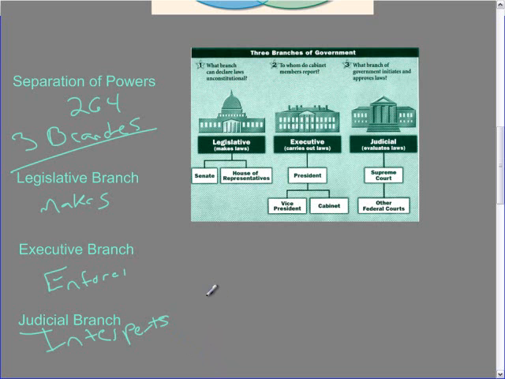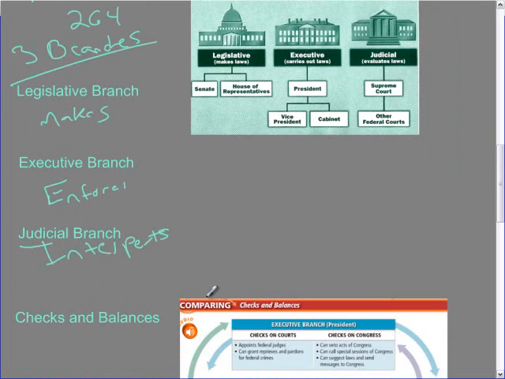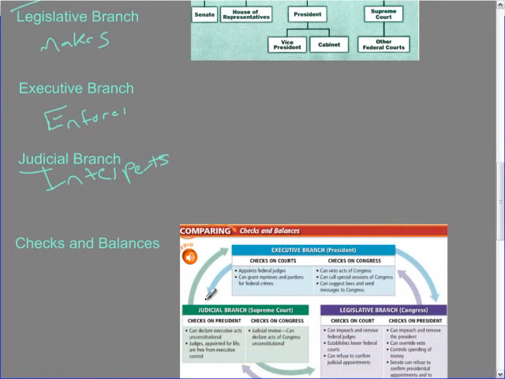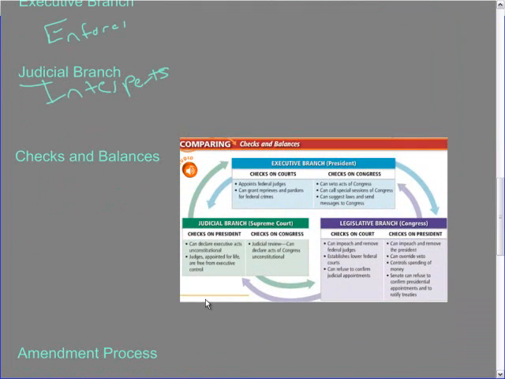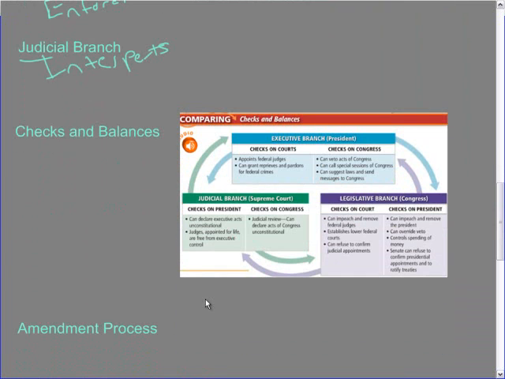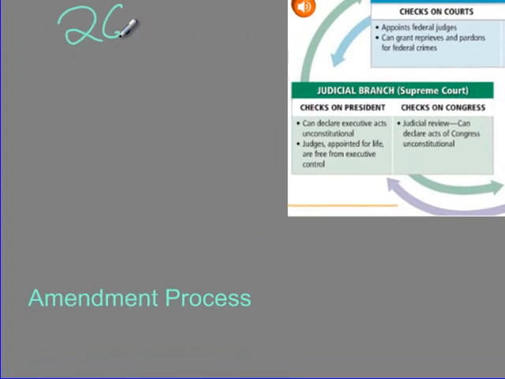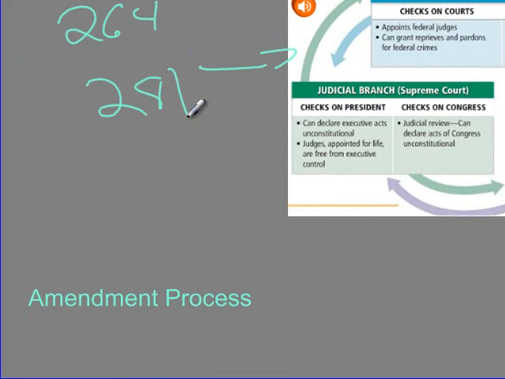But a very important page when you're looking at each of the branches, which brings in the next principle of the Constitution, is checks and balances, which is on page 264. But then this chart right here is on 281, which is important to understand all the branches and understand checks and balances. So if you look at this chart, you can see how does the executive branch check on the